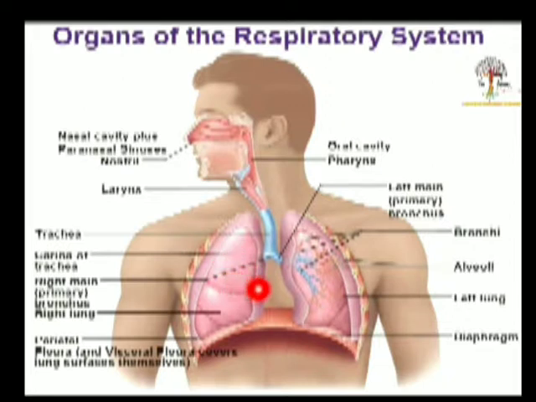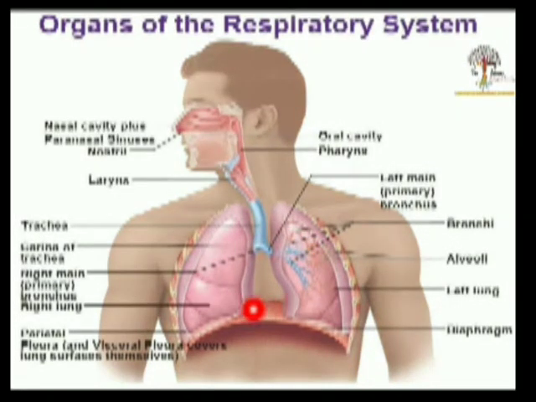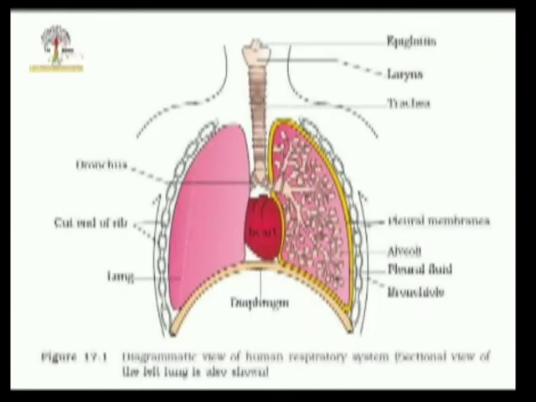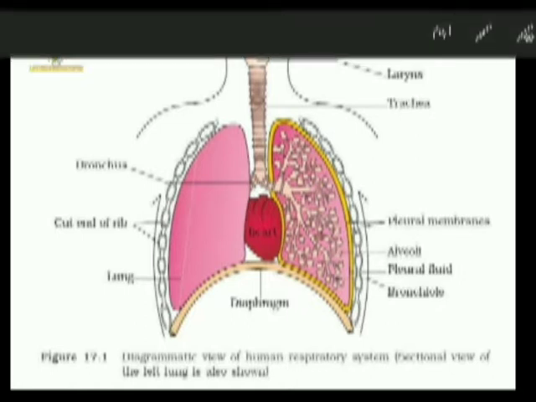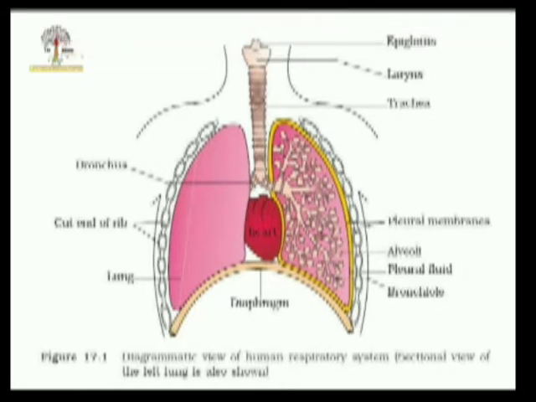And then inside the lung those bronchi are divided into so many small tubules which are called bronchioles. And at the end of these bronchioles there are so many sac-like structures which are called alveoli. Beneath these lungs there is a membrane-like structure called the diaphragm. And around the lungs there are muscles called intercostal muscles, and mainly these muscles are connected to the rib cage and they will help in the